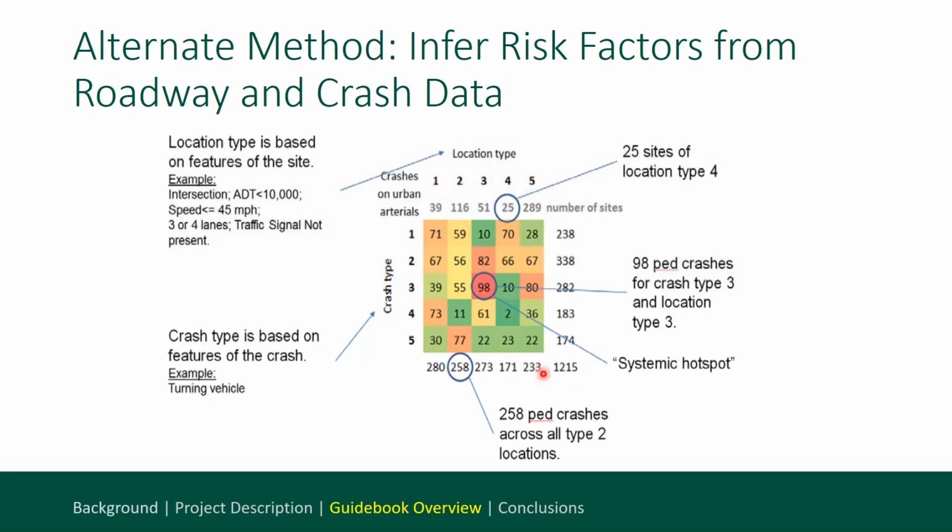And I'm going to divide all my 1,215 crashes into that 2-way contingency table. Okay? And then I'm going to try to see where most of my problem lies in my region. Okay? So when you do this type of analysis,